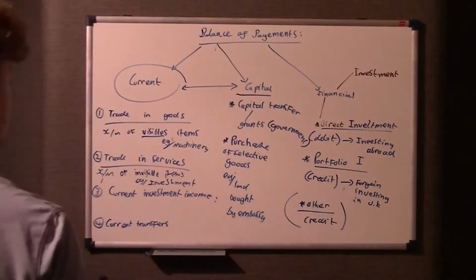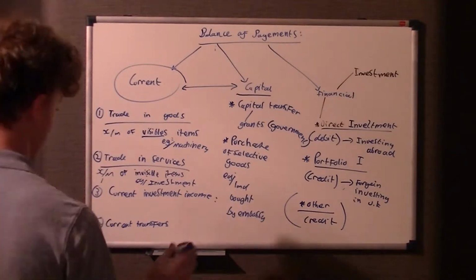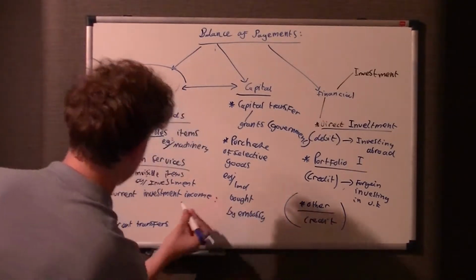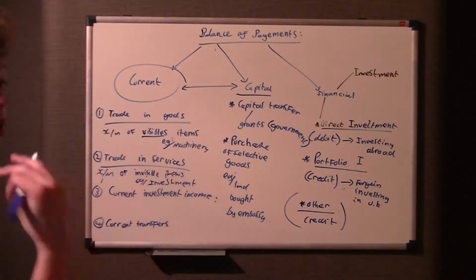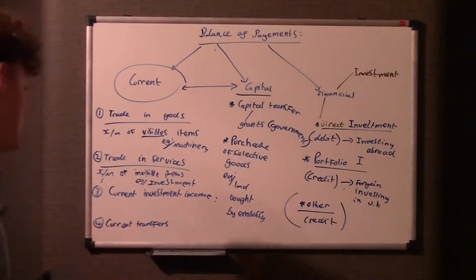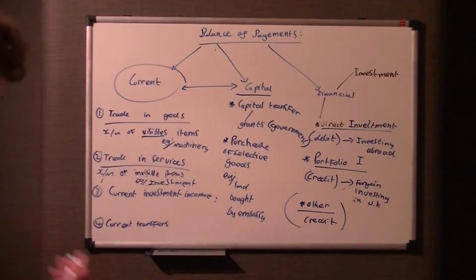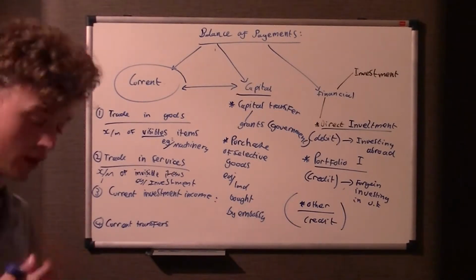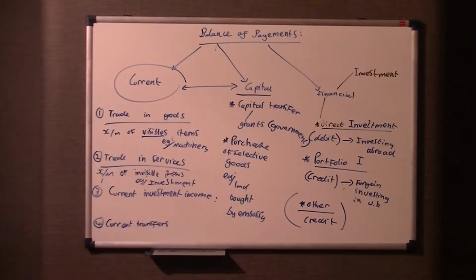Probably shouldn't be writing in the same colour. Never mind. I'll just leave it as that, but you can know it's also to do with insurance. So, this current investment income covers the compensation of employees' earnings arising from employment abroad